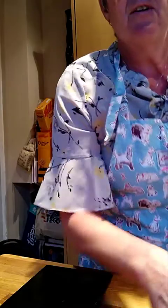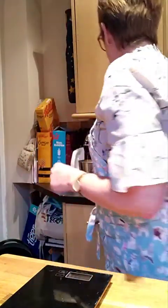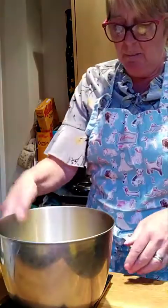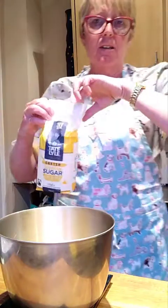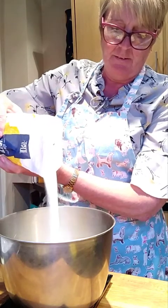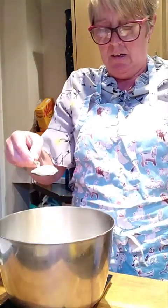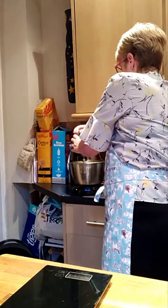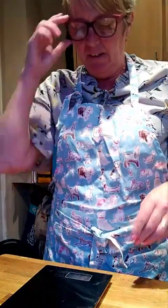Then I'm going to put 175 grams of caster sugar. Just started that off a little bit. So 175 grams of caster sugar. A bit too much in there. Spot on. That's it. Right, so we're just going to whisk that up so it's nice and fluffy, and then we're going to add eggs, and I need 175 grams of flour getting